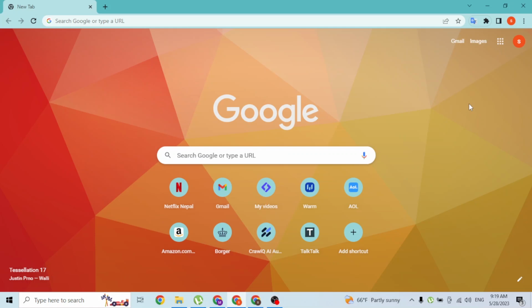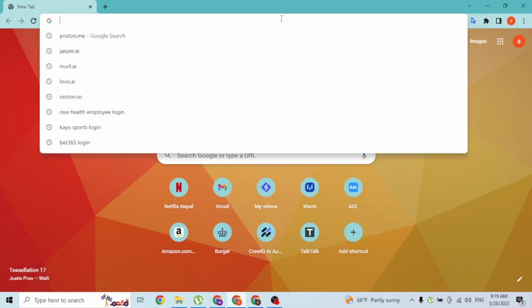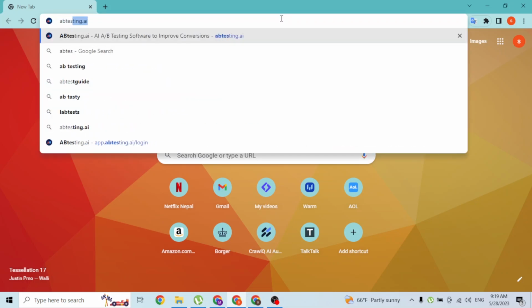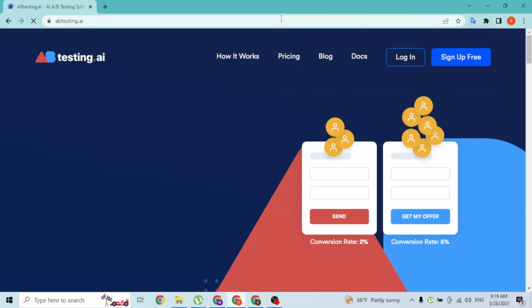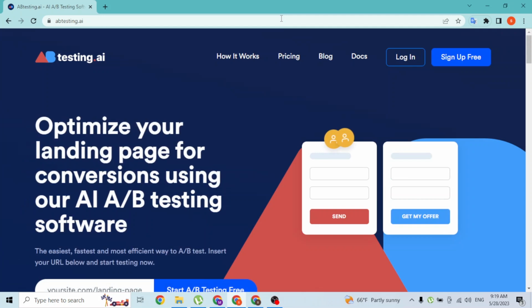Now to register an account on the A/B testing AI online on your computer, first open up your preferred browser. As I have already opened Google Chrome, in the search bar, click over there and type in the address abtesting.ai and hit enter, and after that you'll be directed over here, which is the home page of A/B